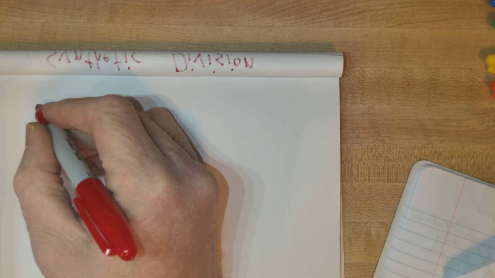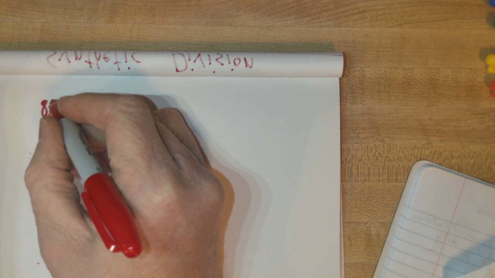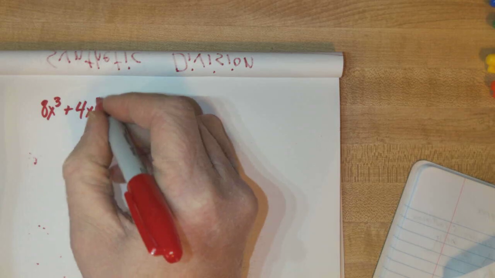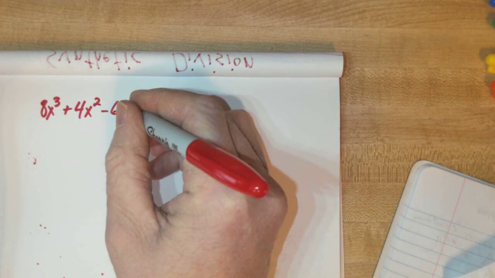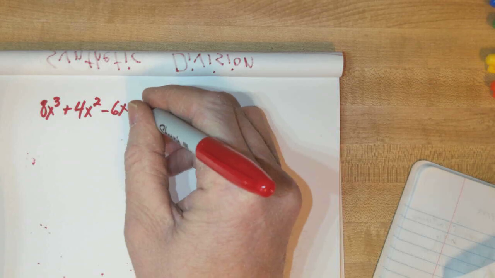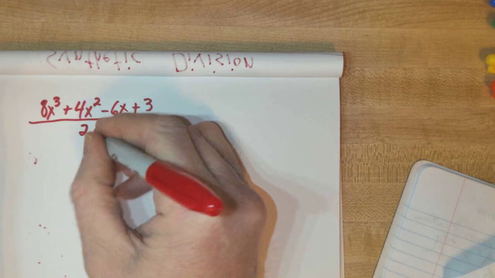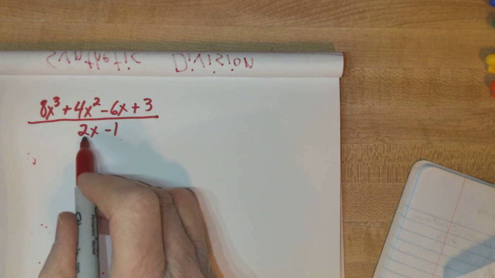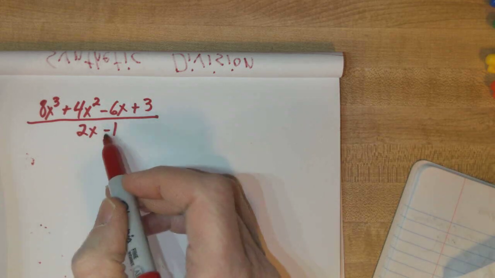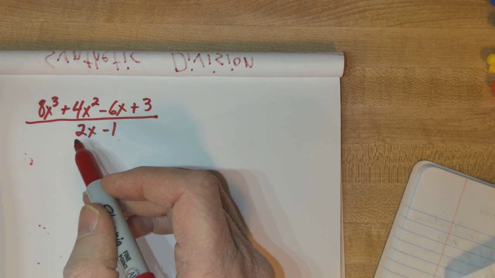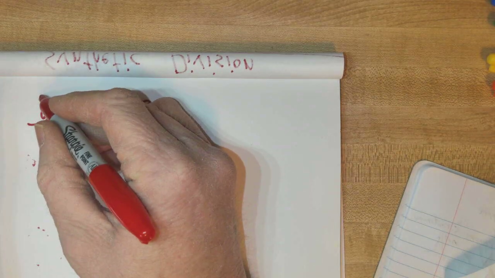Alright, I got one more example I want to show you. Now, our book does not have this example. Let's take 8x to the 3rd plus 4x squared. It doesn't have in our exercises ones like these where we have a coefficient on the divisor by something other than 1. Okay? This won't work. I can't just put 1 in the box because of this 2 here. It's throwing it off. But what we could do